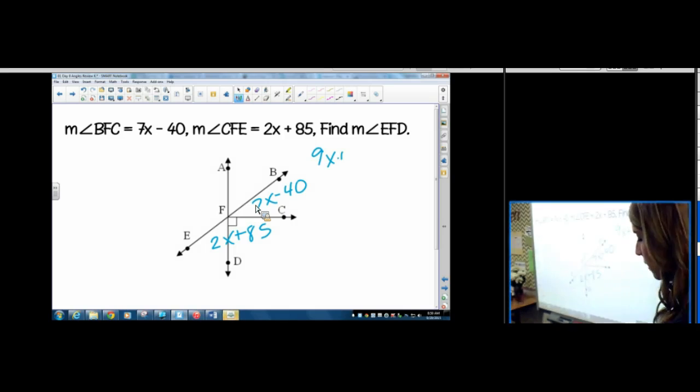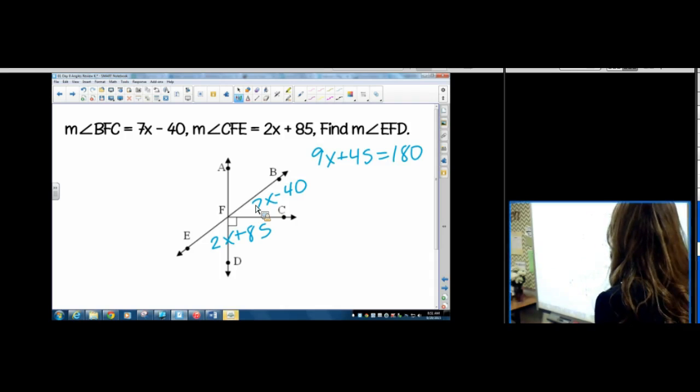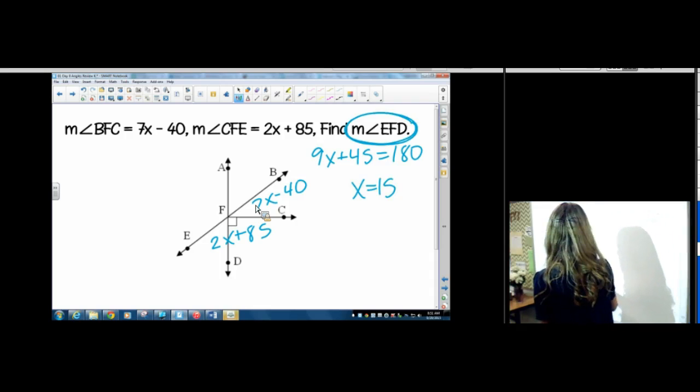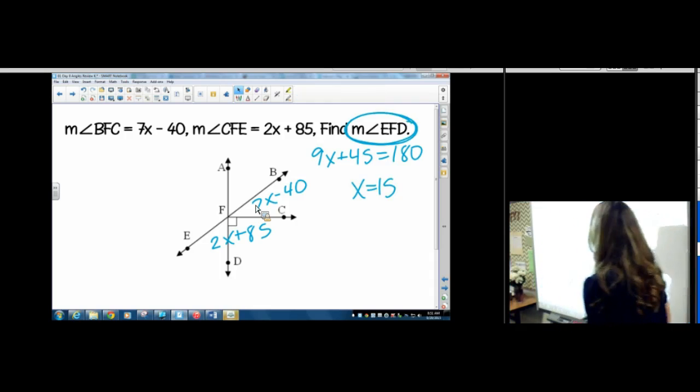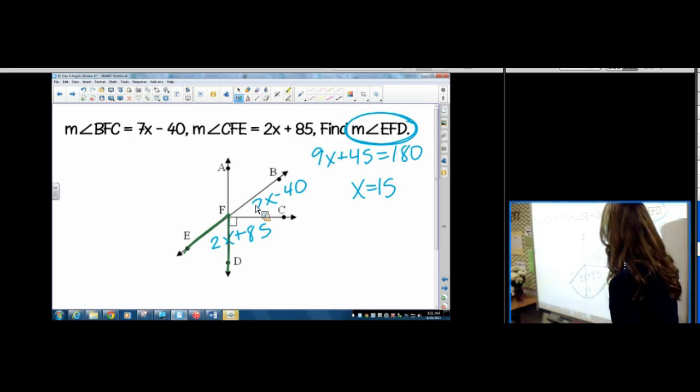Equals 180. So we solve for x: subtract 45 and divide by 9. X is 15, but we need to find the measure of EFD. So EFD is this angle right here. What we can do is find the measure of CFE, this angle, and then subtract